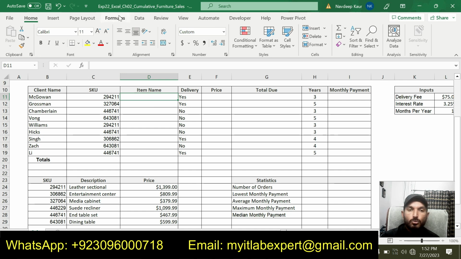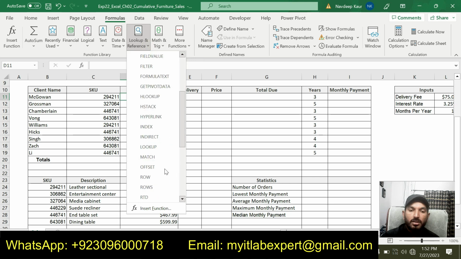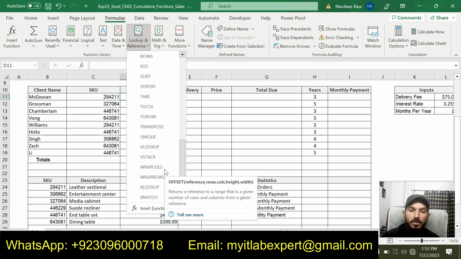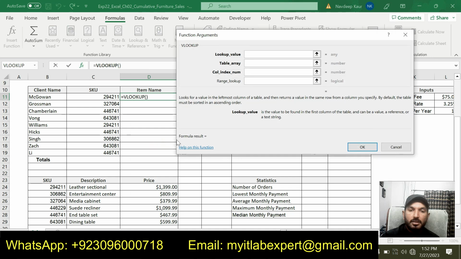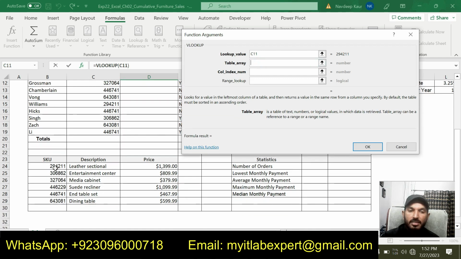So we will simply go to the formulas tab, and you can see lookup and reference formulas are here. So simply click this one and look for the lookup function, and you can see that this is here. So now our lookup value is this one. And our table array is given, that is B24 up to D29.